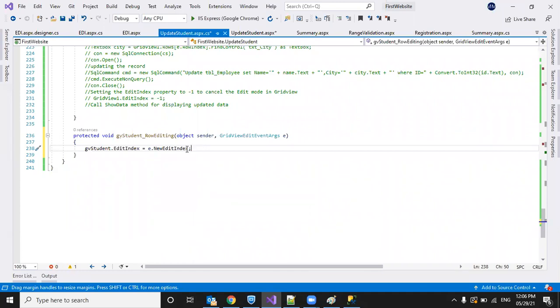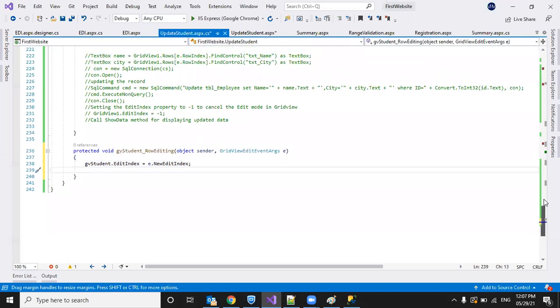This property will give the edit value. Now we were able to set the grid view row into edit mode, but we have to display the values in the text boxes. To do that, we have to bind the grid again so that it will take that particular row.